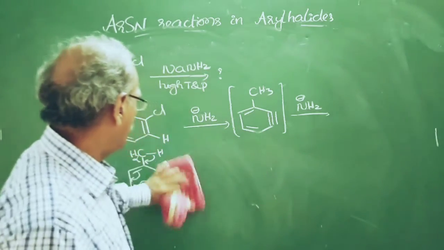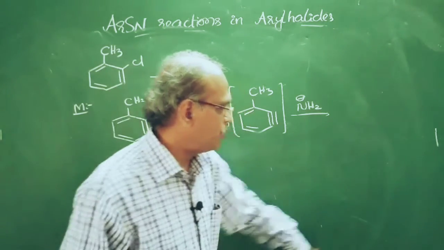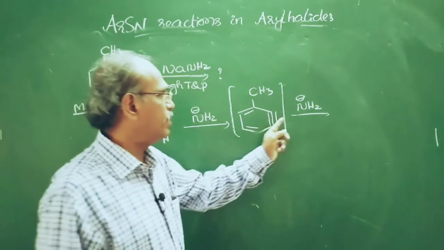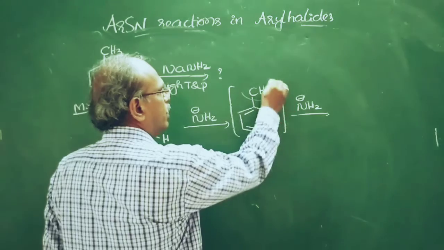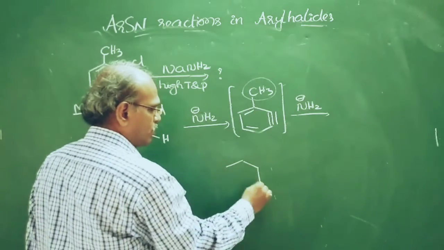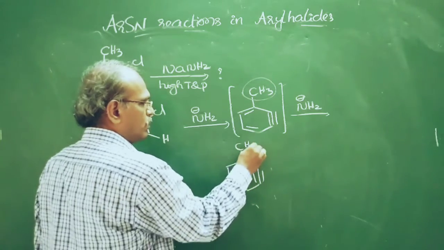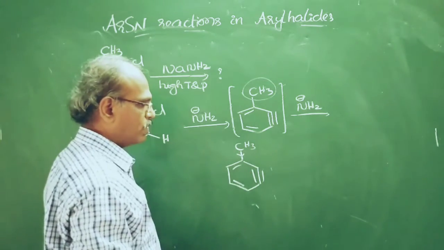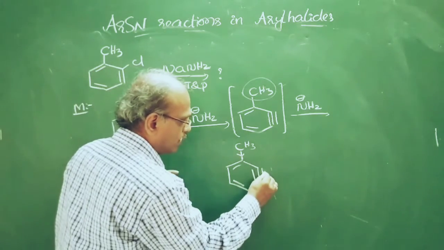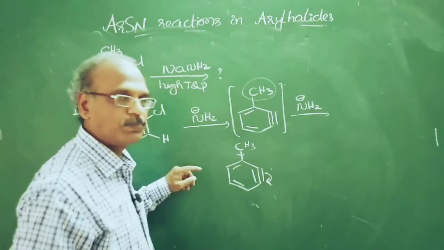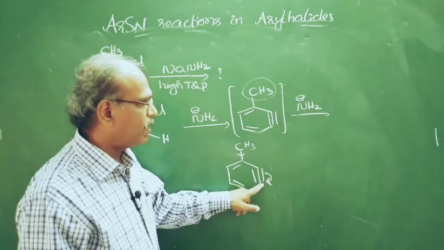So based on the plus I effect, here we have to decide the position of the nucleophile to be added. See, this methyl, let's write here, because of its inductive effect. What is the influence of the plus I effect on these pi electrons? They move in this direction. So the upper carbon gets positive charge, and the lower carbon gets negative charge.